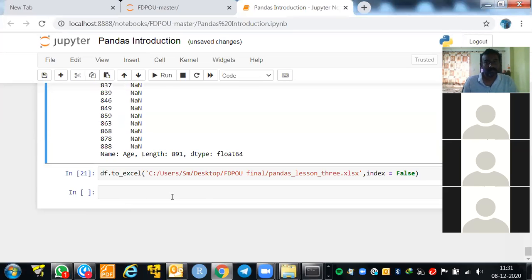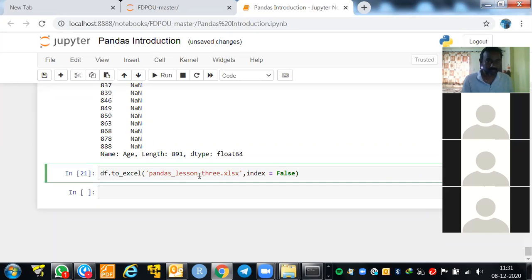Similarly, I wanted to save the same data into Excel. There we have done to TSV. Here we need to say df.to_excel. Very, very important. If you want to save the content from a data frame to Excel, you need to say df.to_excel, see users. If I say it like this, what will happen? This complete data will be saved under